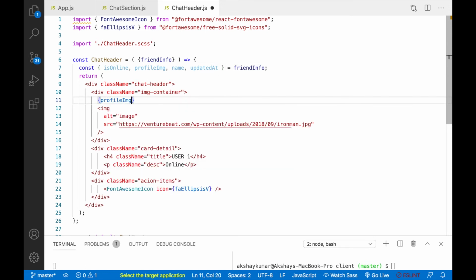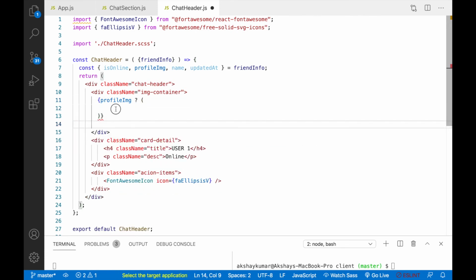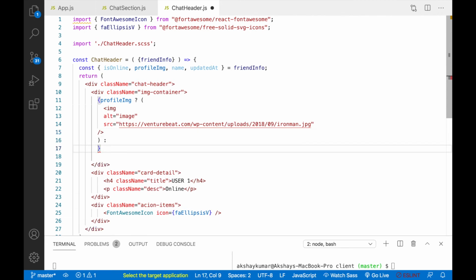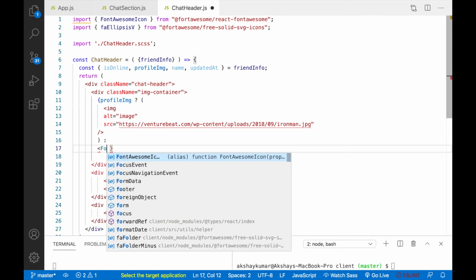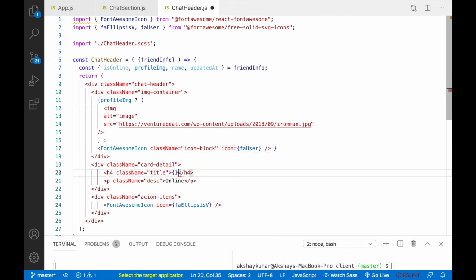If profile image is there, okay, we'll move this image here, and if profile image is not there, then we'll write font awesome, class name will be icon block, and icon, this will be fa user, and here we'll write name.